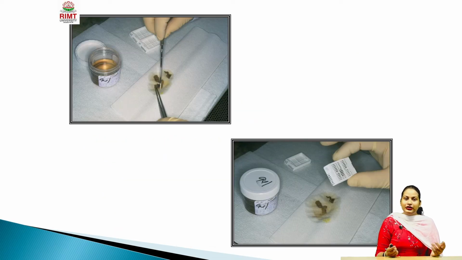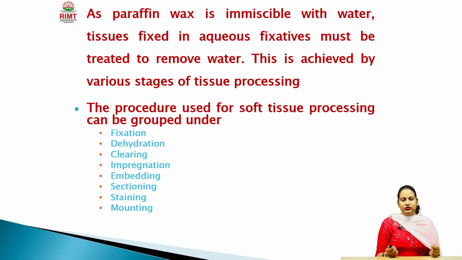In tissue processing, we take only the diseased part of the tissue, generally from the gross examination. This is the diagrammatic presentation. Here you can see in the first picture, the sample is taken in a container that has a fixative, and then there is a tray-like thing known as a cassette for the tissue processing. In this cassette we keep our tissue sample and process it further.